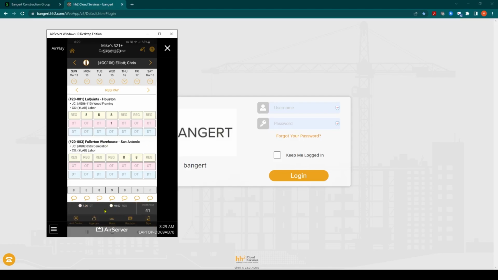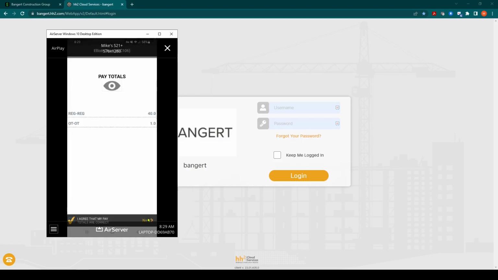So what happens down here, as you can see, you have the opportunity to add more cost codes, and for the employee to sign the timesheet and so forth. So if you require them to sign, you can click on the sign and then you'll click next.